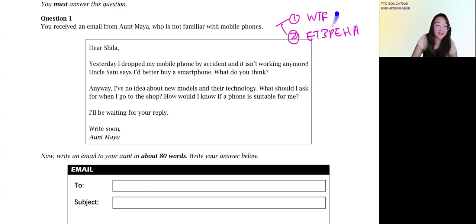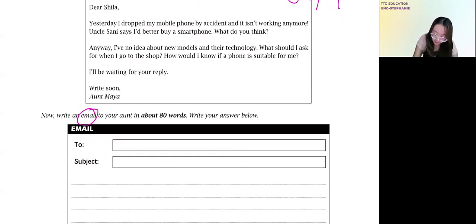This is who topic format. Okay, who topic format. It's better for you to analyze the question. We have actually applied that in our guided writing as well. Suddenly you cannot brain. All right, and this is the framework. Instead of PEE, we use ET3PEHA, and ET is for your opening, 3PE, 3 elaboration for your content, HA is for your closing. All right, I will not go through because I think we have gone through enough in our normal class. Okay. And for your email, since this is email format, your tool is the email address